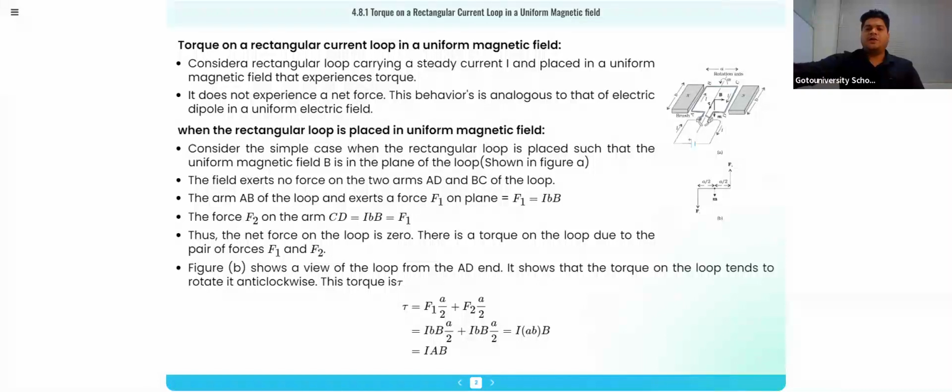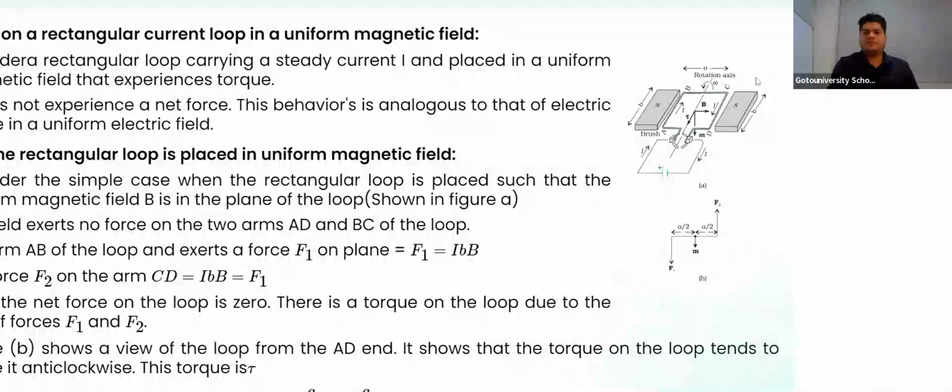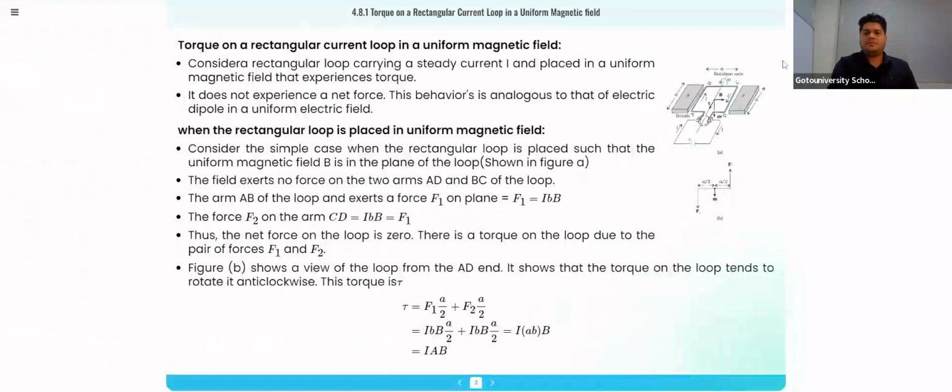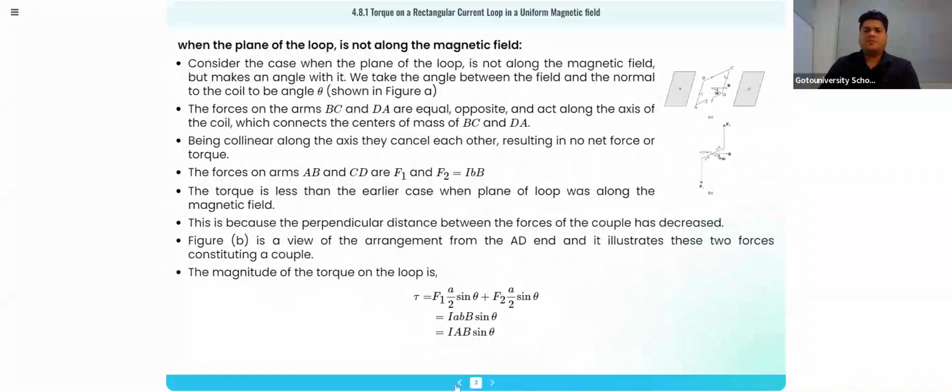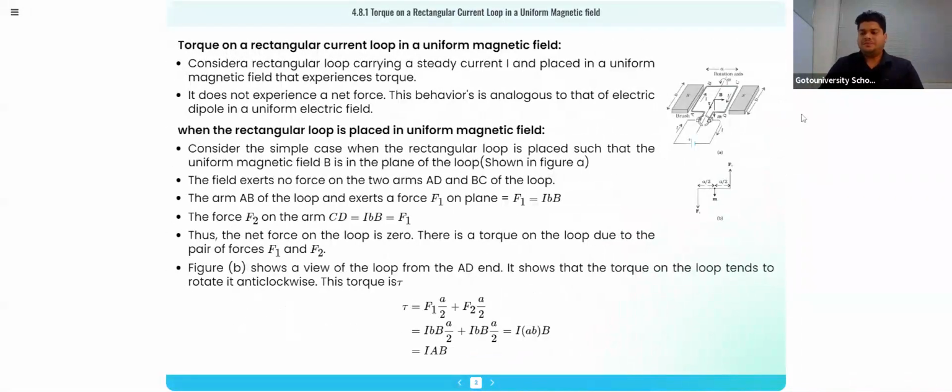Torque on a current loop in a magnetic field. Now, if you check here, you are supposed to find a torque. This is a big derivation. So in this case, if you can see this diagram, in this diagram you will see that there is